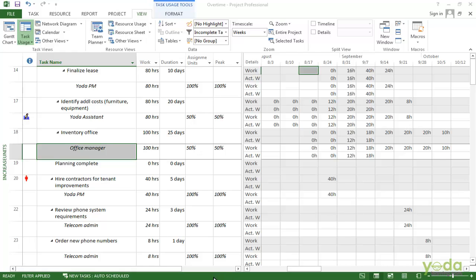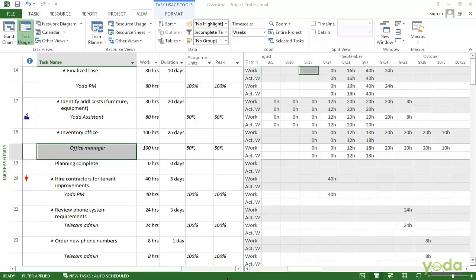One thing you don't want to do is assign overtime as part of your original project plan. If you count on long work days from the beginning, you won't have any options left if the schedule slips later. But once the project is underway, you have a couple of ways to work with overtime.